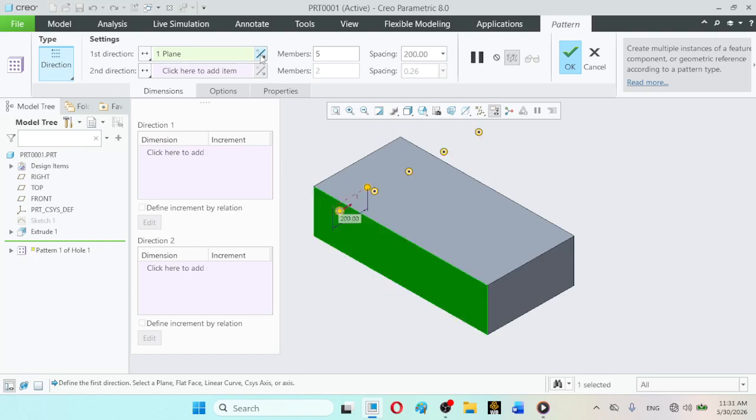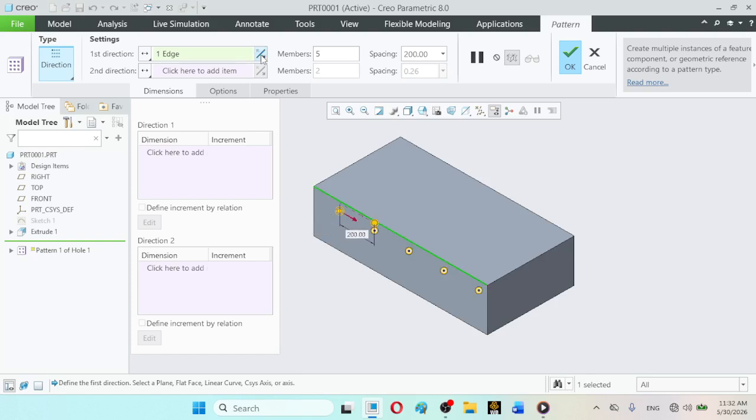Sorry, unfortunately the plane option has been selected, so again click on the edge option, like this.